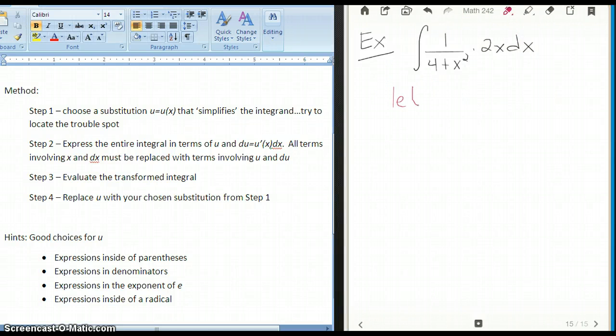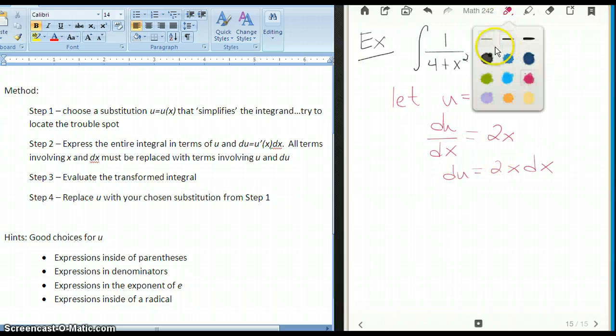Okay, so let's let u equal 4 plus x squared. Remember the next step here is to rewrite the whole integral, and that means I have to replace that dx and that x over there, but I first need to see how to relate dx to du. So I do that by taking the derivative of this expression of u. So du over dx, what's the derivative of this thing? 2x. But notice that that allows me to write du equals 2x dx. Aha! And if you look, 2x dx is right there. So when I now rewrite this integral,